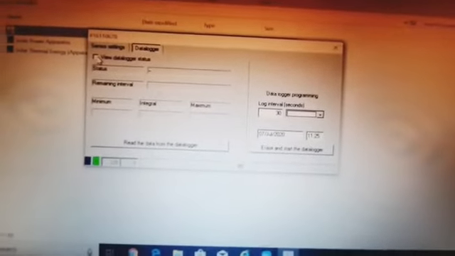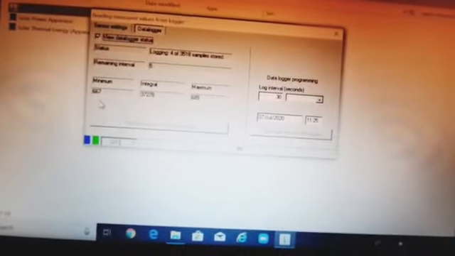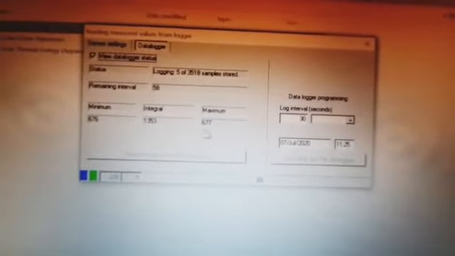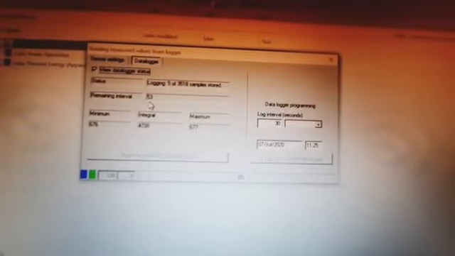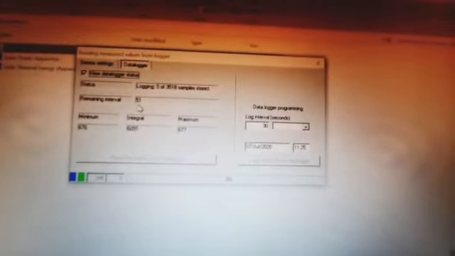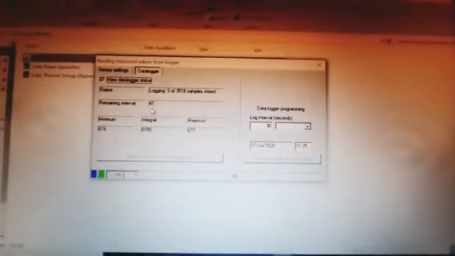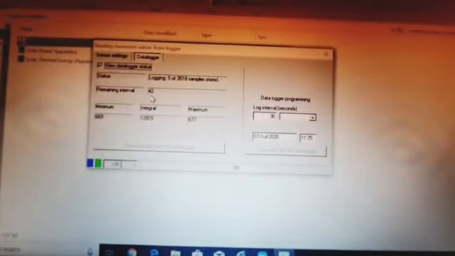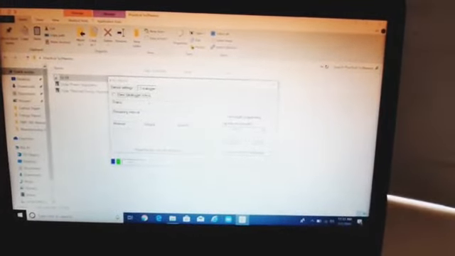You can see the views from here. These are the readings. The minimum reading is 667 and the maximum reading at that 30 second interval is 677. After 1 minute there are two intervals of 30 seconds. They show your data, and after that they show your data in a single graph. I show you the data after the completion of that 1 minute.